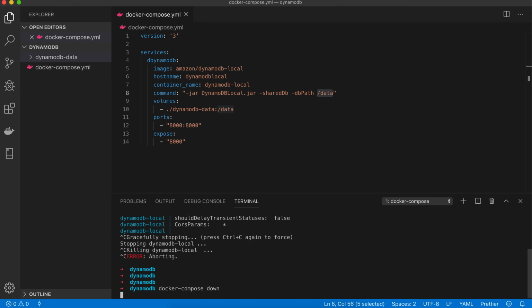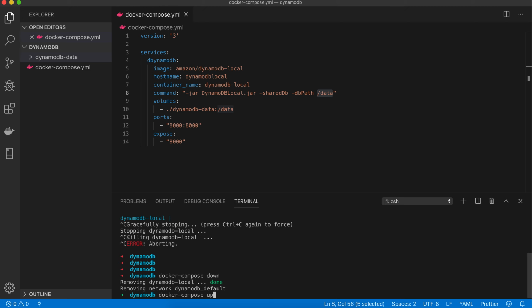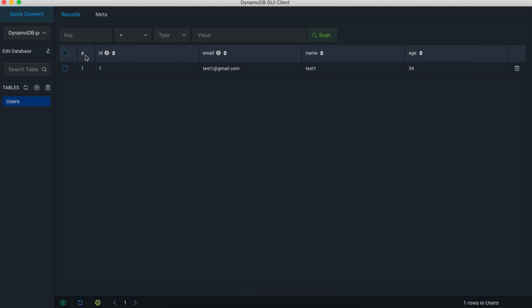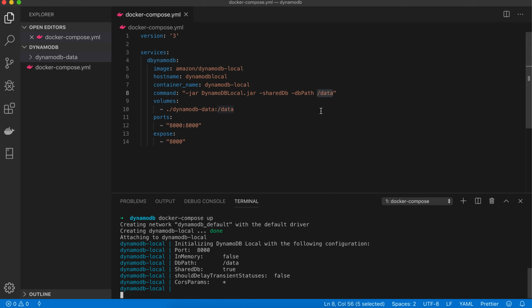As you can see, the data is been created, and now if we stop our container, hit down and restart it again, we again refresh this, we can see the data still persists. If this line was missing, then the data would have disappeared. It would have not saved the data, but because of this line, the data is saved.